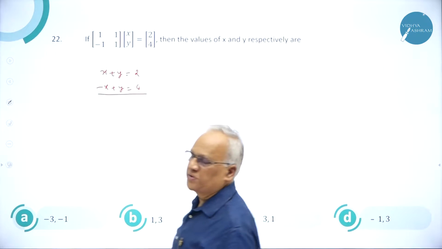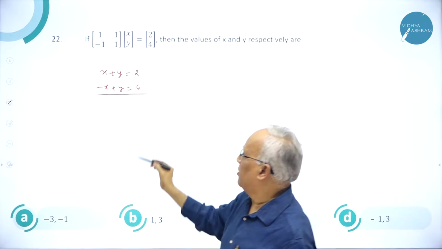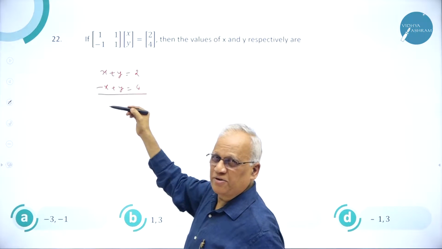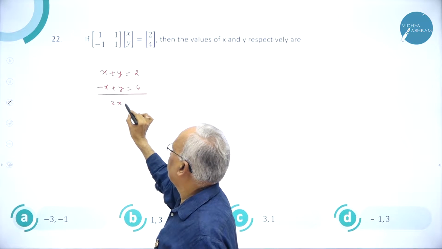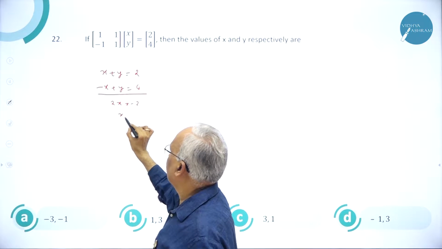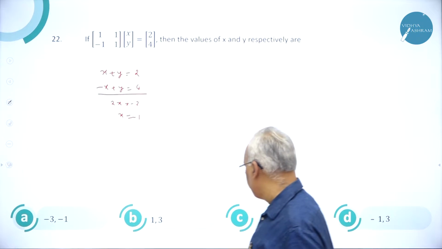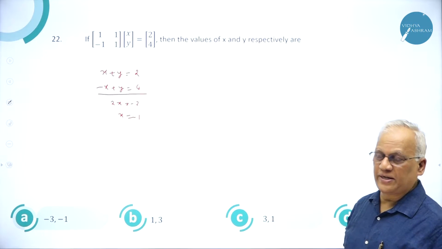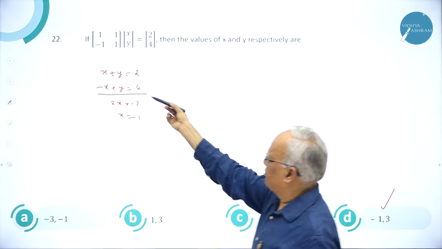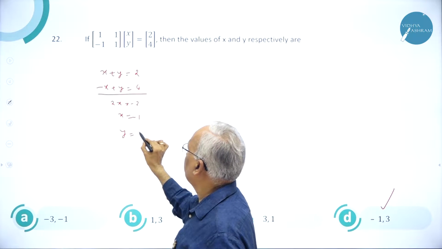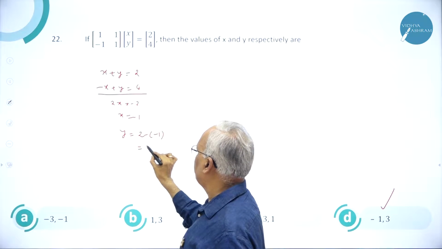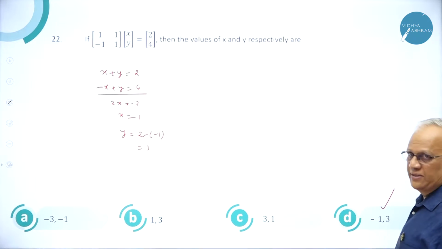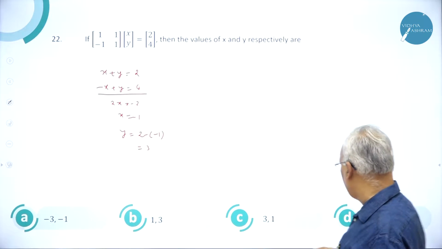So you reduce it to 2 simple simultaneous equations. You solve now. You can find x, because x and y respectively means first better you find x. So subtracting, you get 2x is equal to minus 2. So x equal to minus 1. You have only one answer in which x is minus 1. You don't waste time on finding the y value. If you substitute in one of them, y is equal to 2 minus of minus 1, which is equal to 3. But according to me, it's not required because only one answer has x equal to minus 1. So you can go for this answer D.